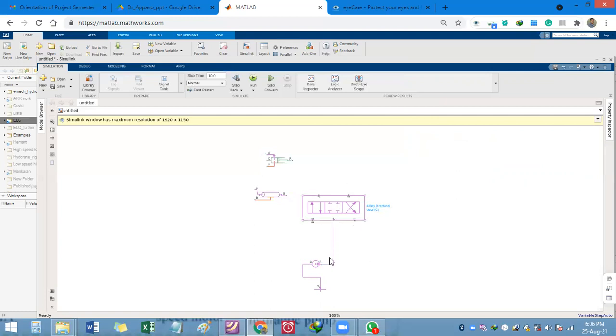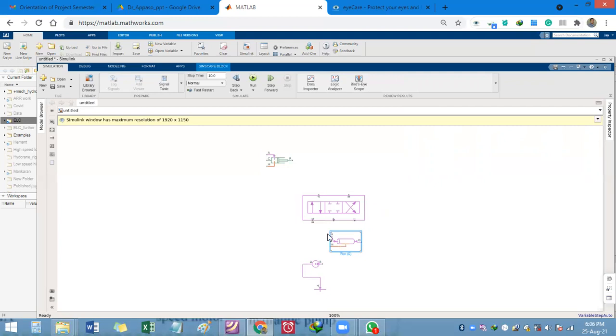Instead of connecting it just by a line, we can add a pipe here. Both the options are correct. If you just connect it by a single line, you can also run your simulation, but it will not consider the dynamics of the pipe.